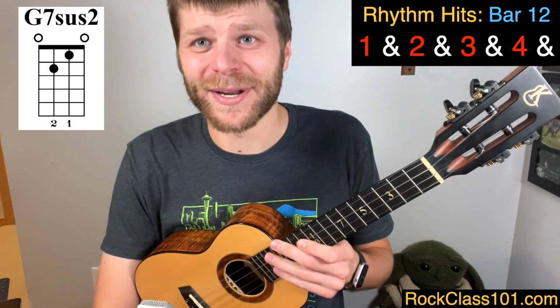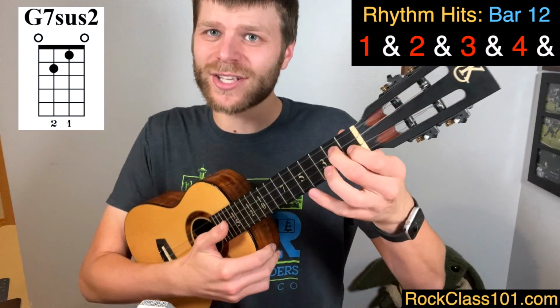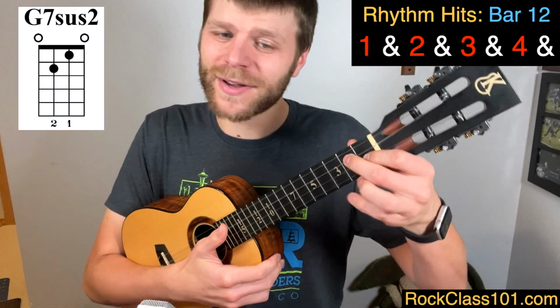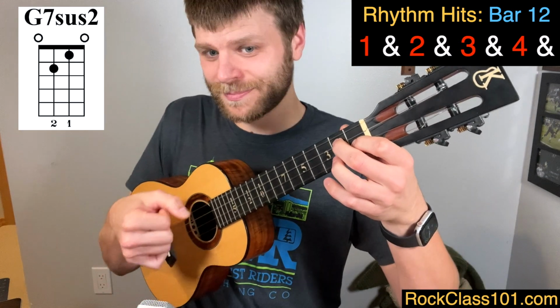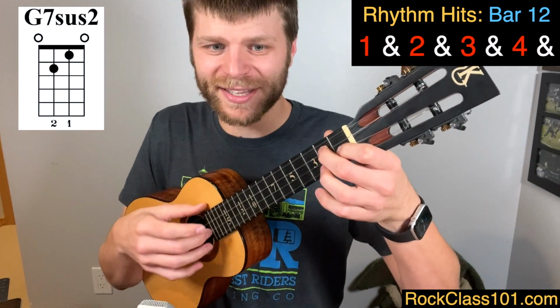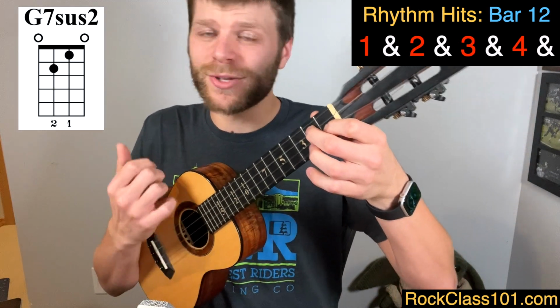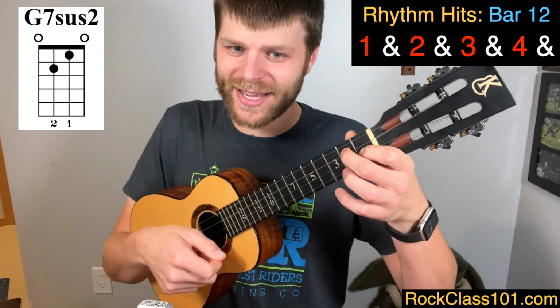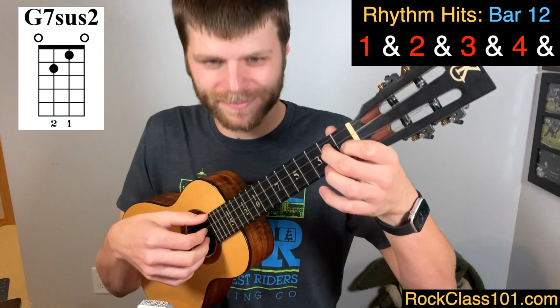It sounds scary, but I promise it's not. All that it is open on the A string while holding the rest of the G7. So just take that ring finger off. Pluck all 4 strings. Then open on the G, 2 on the C, 1 on the E. So measure 12 in time sounds something like this. 2 and 3 and 4 and...